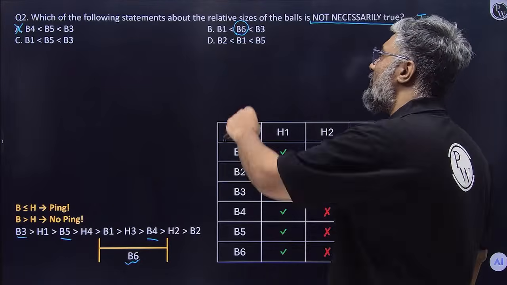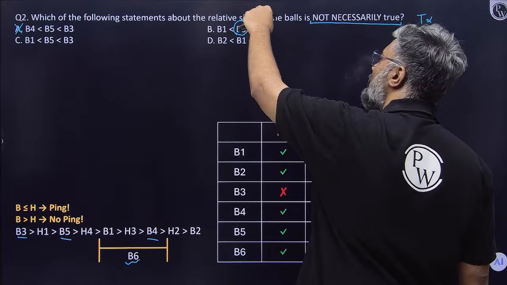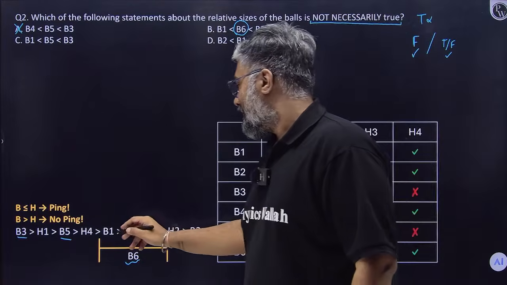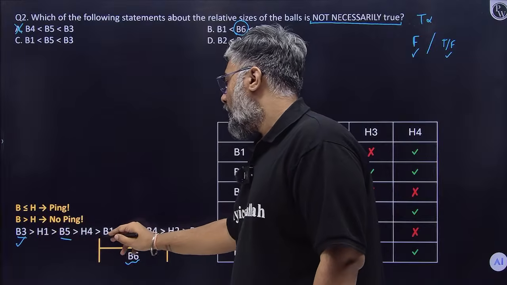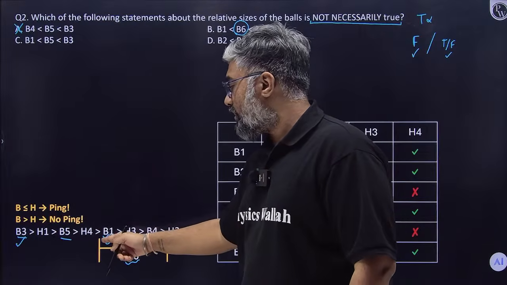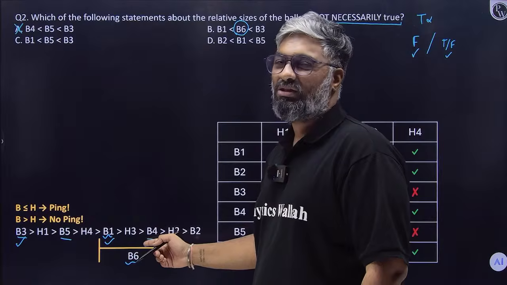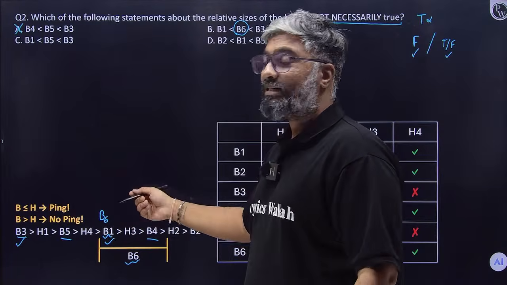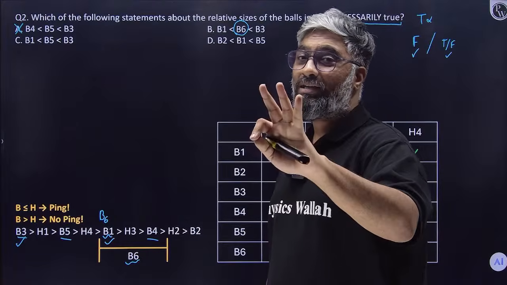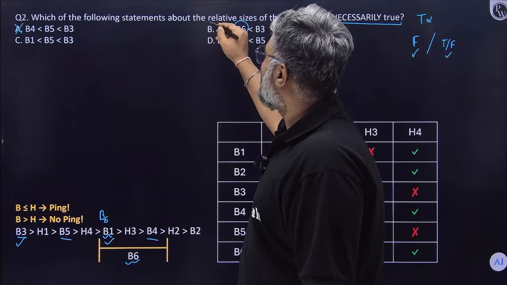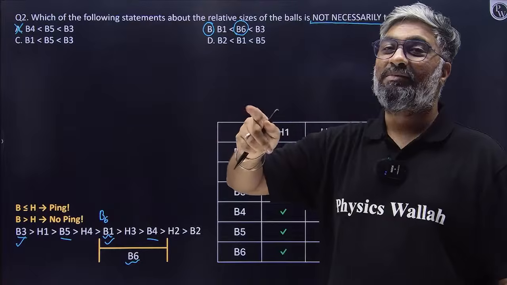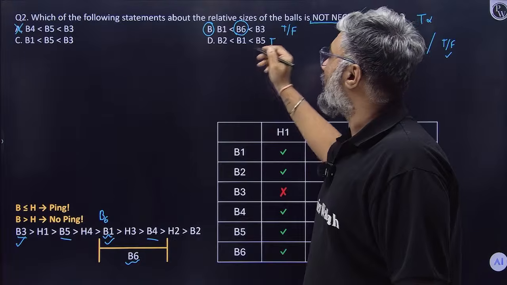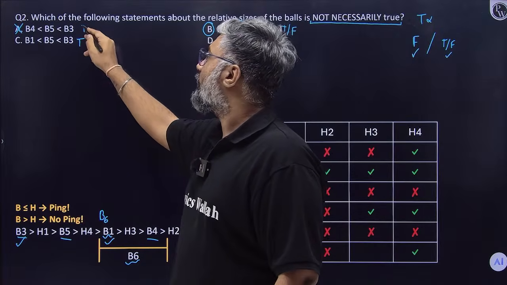And what are they saying? B6 is lesser than B3, greater than B1. So 3, 6, 1. Is it necessary? 3, correct. 1 here. 6 can be here. Possible. Cannot be here. Possible. B6 can come here. It is possible. But B6 need not always come here. In one case, it is true. In 3 cases, it is false. So this is our answer. Sometimes true, sometimes false. That means everything else should definitely be true only. Perfect.